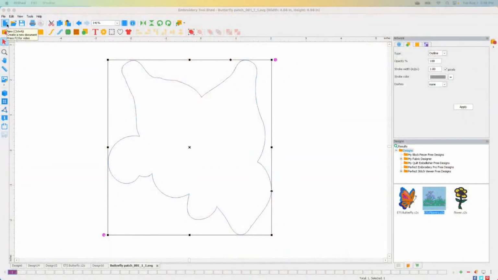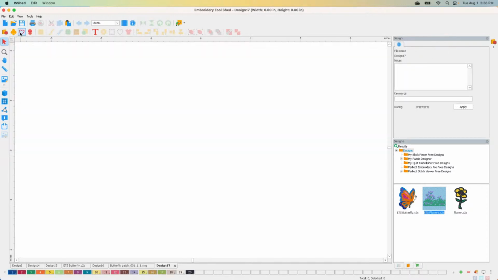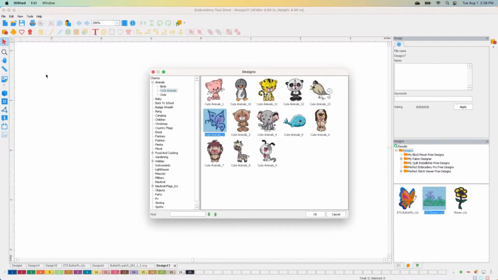Okay, so let's go back over to the software and let's see a little bit more about patches or appliques this time. And I'm going to talk to you about these other icons here. Before we go to patches, let me start a new page here and let's talk about what these other icons are. So the second icon here says charm design. If you click on that,